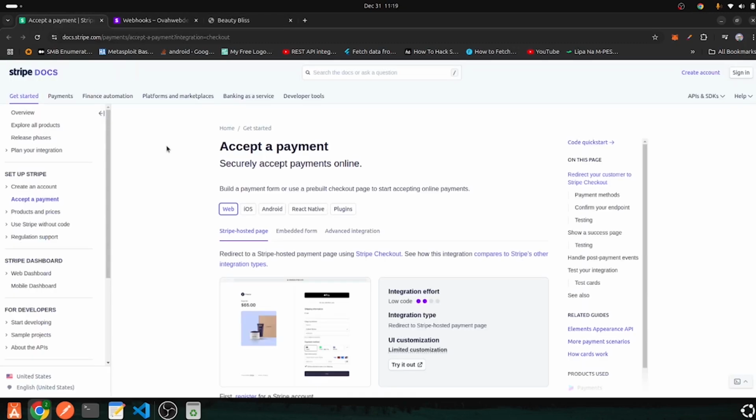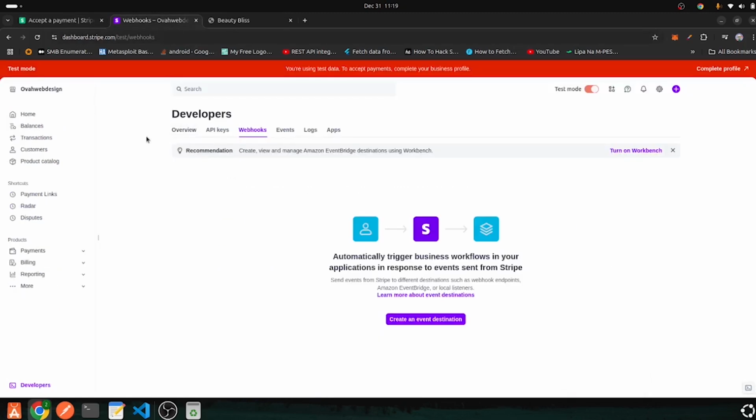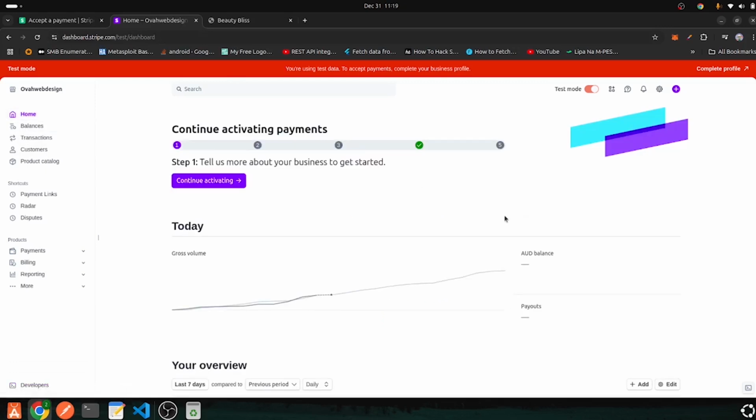I have already opened the documentation right here for this Stripe payment, and I'm going to add this link to this documentation in the description of this video, so that you can also go through it and understand what you are going to do. We are also going to look at webhooks, so that we can receive the events once the payment has been done, so that we can know if the payment was completed, or understand if the payment was cancelled by the user or the customer. So that's what we are going to do. If I click on the home page here, you'll also be able to see activities. So now let's get into the video and start